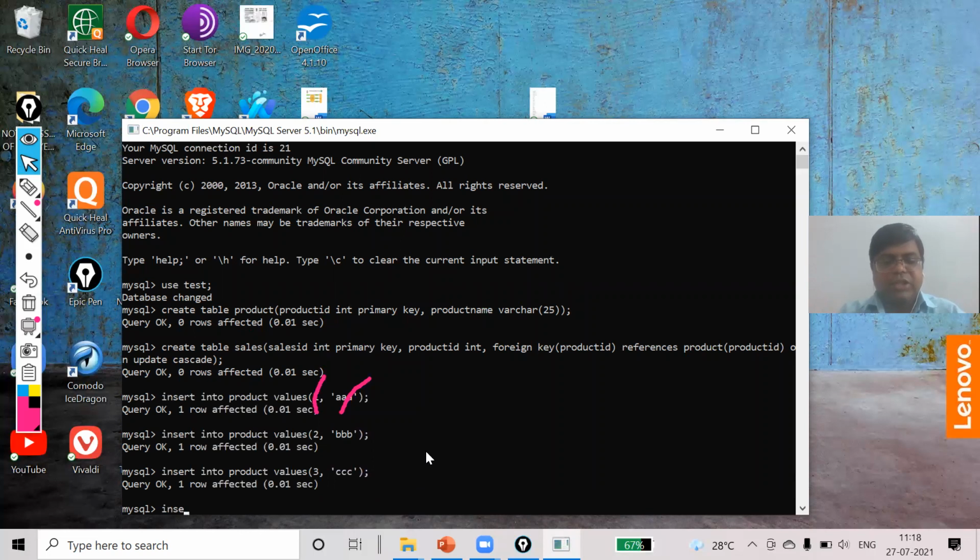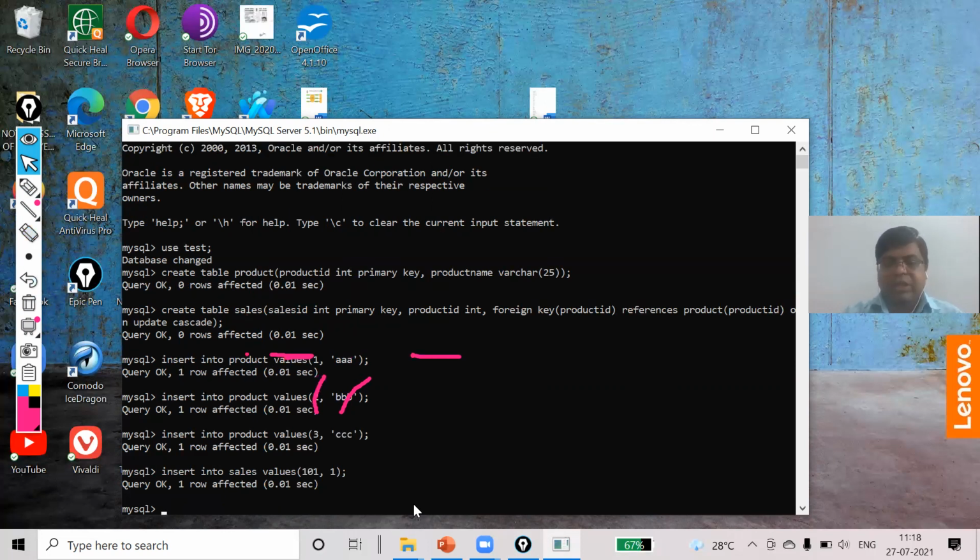Now the next one I'm going to insert for my sales. So insert into sales values. Now see what fields you have in sales: sales ID and product ID. Those two pieces of information I will give here. So here I will give 101 as the sales ID and 1 as the product ID.